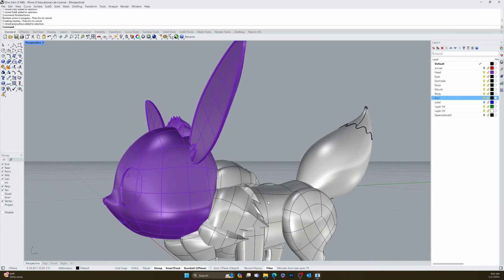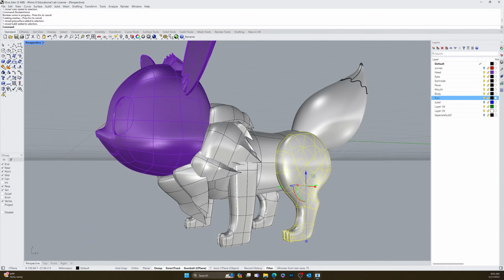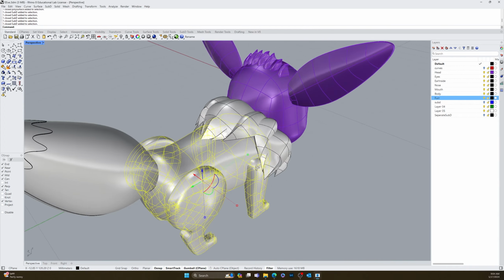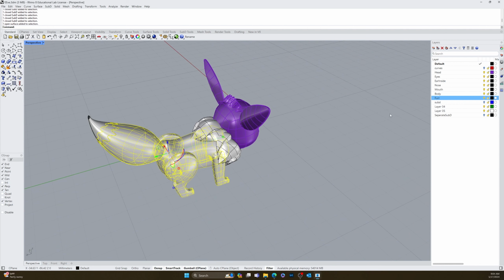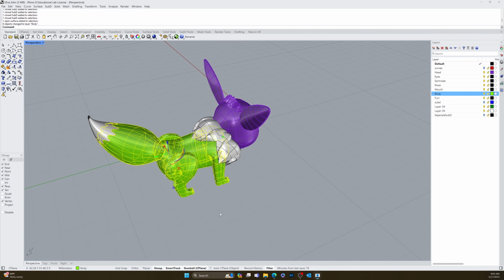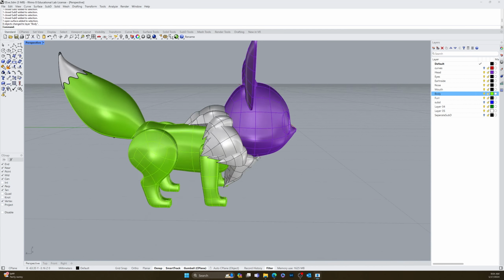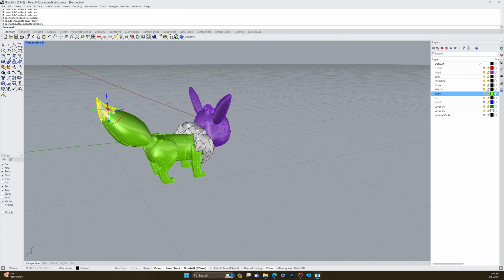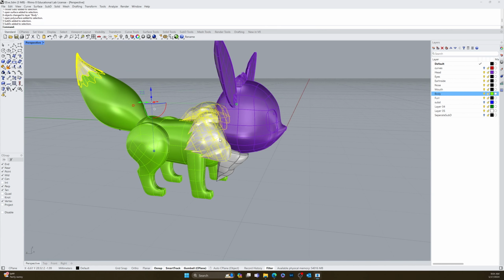Cool. So the body goes on the body layer. So I'm going to select these parts here and this part of the tail. And I'm going to change that, right click, change object layer. I'm going to change the color here, and I'll do a chartreuse. Okay. And then the fur, I'm going to select everything that's